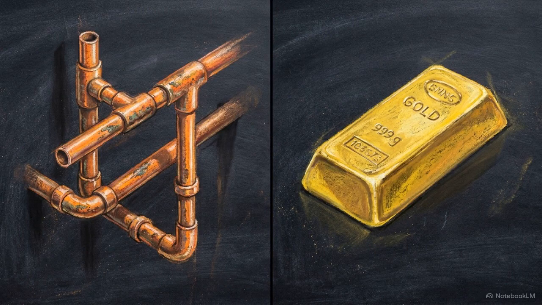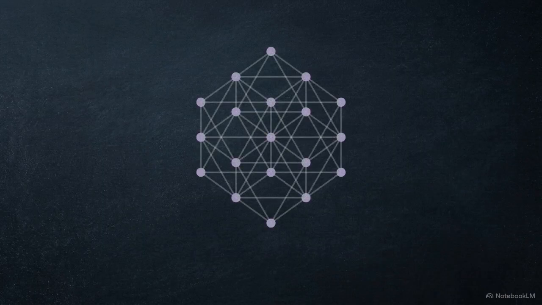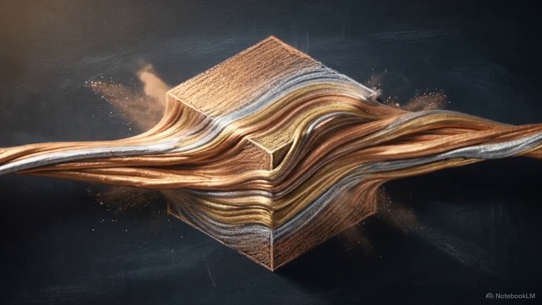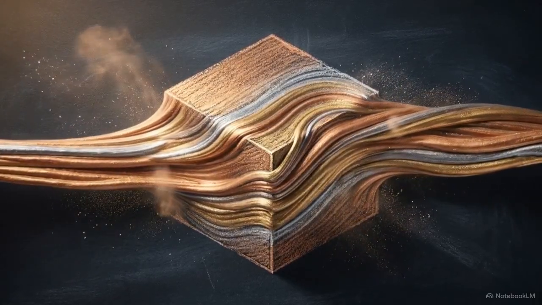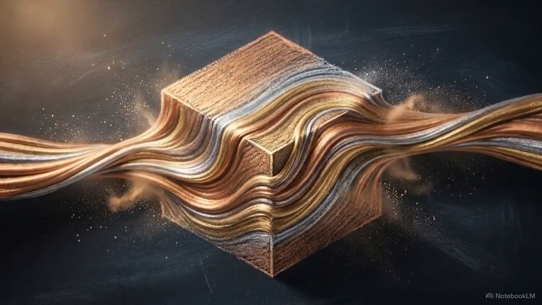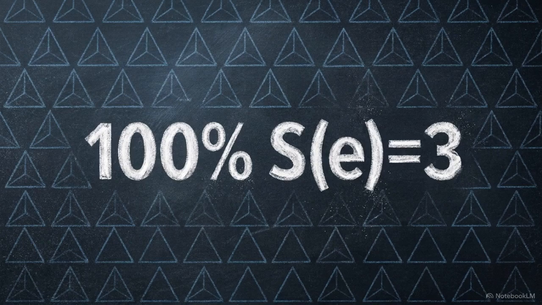We can see this in face-centered cubic metals like copper and gold. Computational analysis of FCC networks reveals a 100% SE = 3 distribution. Because of the dense packing, every single bond in the lattice participates in an immediate 3-step cycle. This local redundancy allows for seamless atomic handoffs. As a dislocation glides, an immediately adjacent atom is always available to accept the new bond. The high ductility of FCC metals is preconditioned by this absolute topological redundancy.